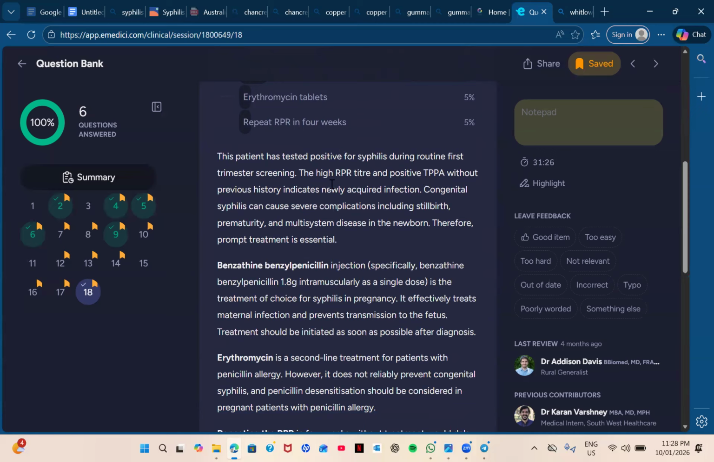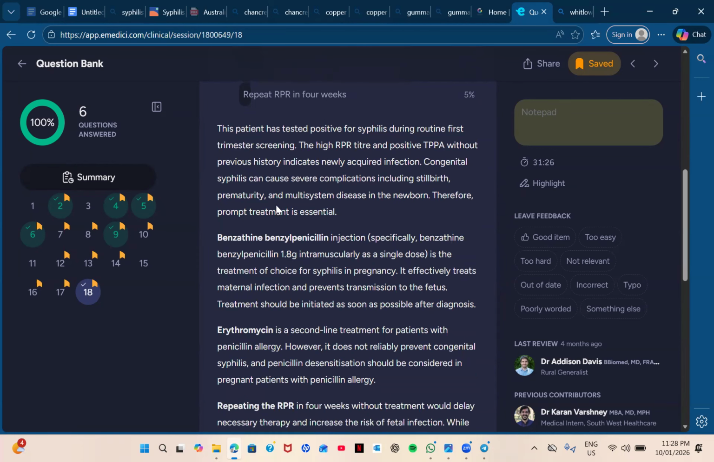The high RPR titer and positive TPPA without previous history indicate a newly acquired infection. Congenital syphilis can cause severe complications including stillbirth, prematurity, and multisystem diseases in the newborn. Therefore,